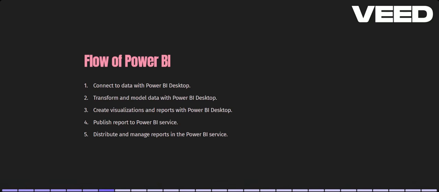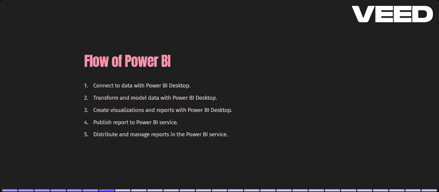We'll see further each and every detail, like why these things are important. We should transform and model the data before creating visuals, and then after transformation and cleaning everything, we should create visuals, and then reports, and then dashboards. We can publish those reports to the Power BI service, which is available online. It's the Power BI service.